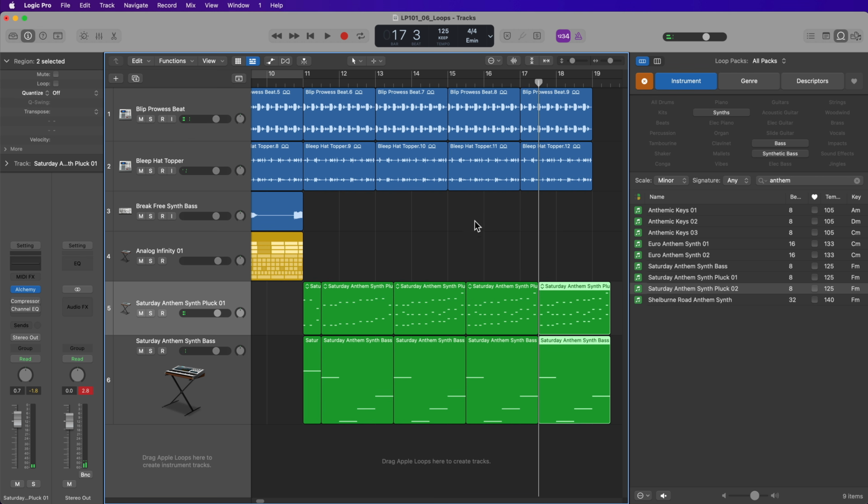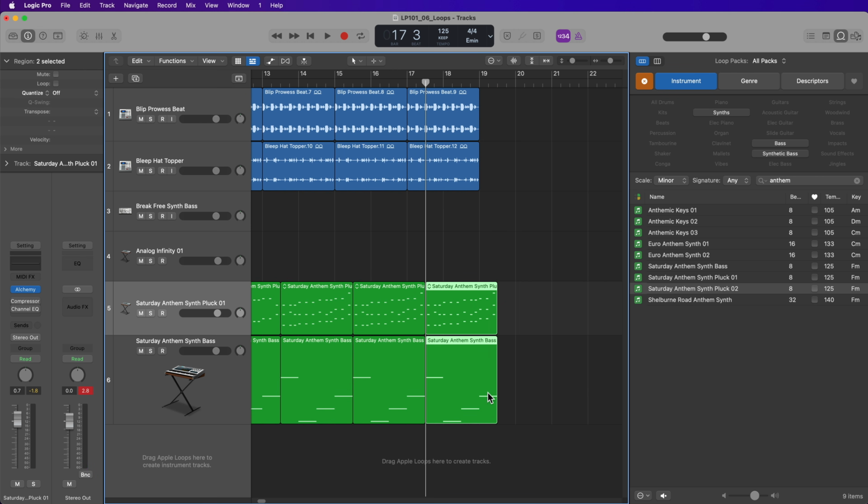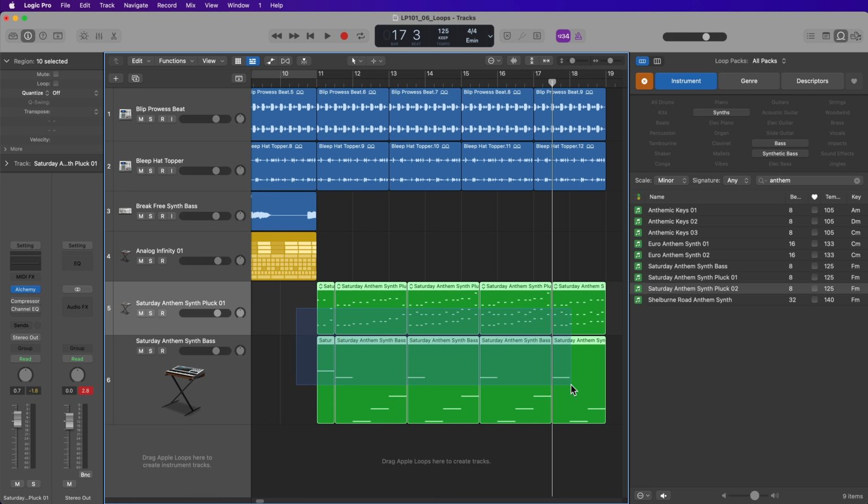Then I can loop this one more time, and then I'll just trim off the end here. Now, if you want to join these all together as a new MIDI region, you can actually drag over these and press J on your keyboard, and this will just join them or consolidate them all together as a new MIDI region. So there's no reason why you can't go in and edit these loops and sort of do your own thing with them and edit them differently than the way they're presented